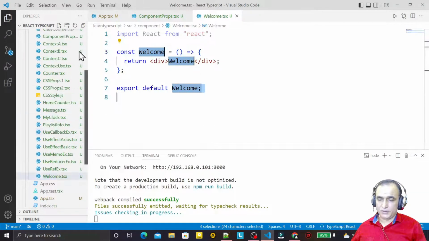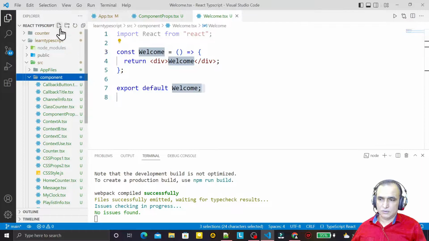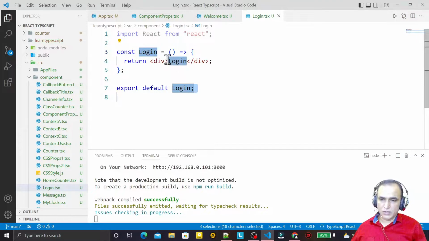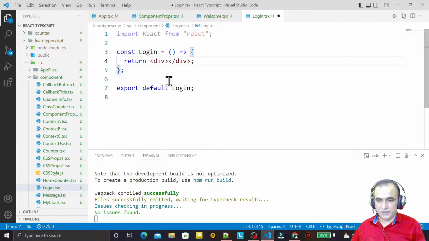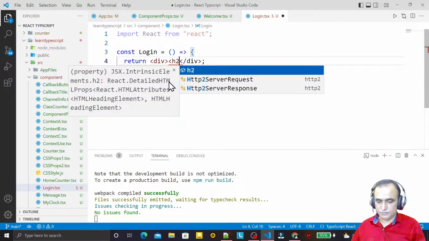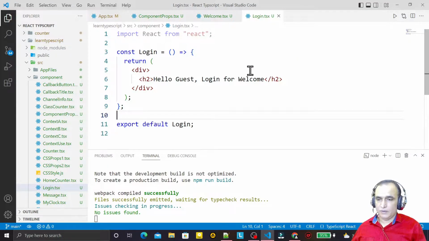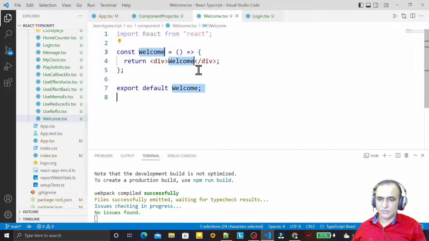One more component I create, that is login.tsx, like this. So in the login component I display an h2 and I say hello guest, login for welcome. Save this. Now go to welcome and here I say h2